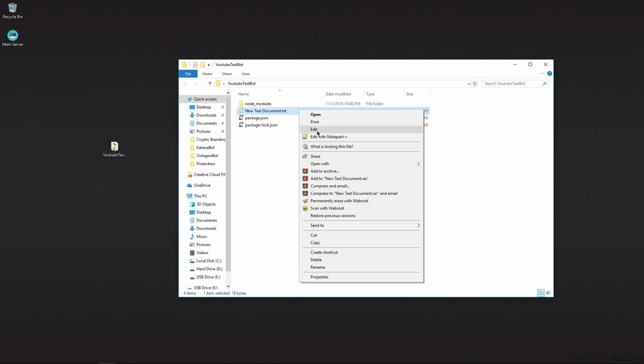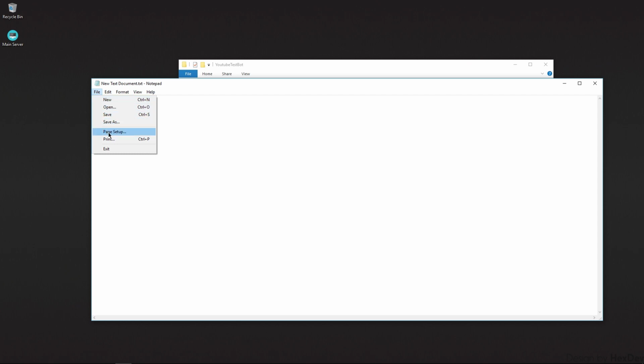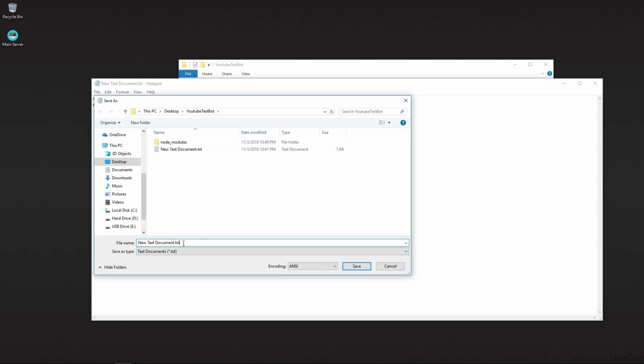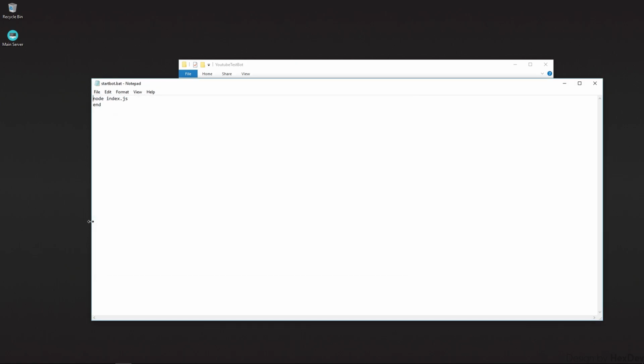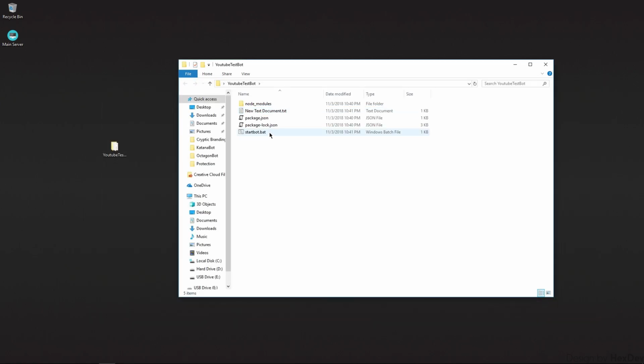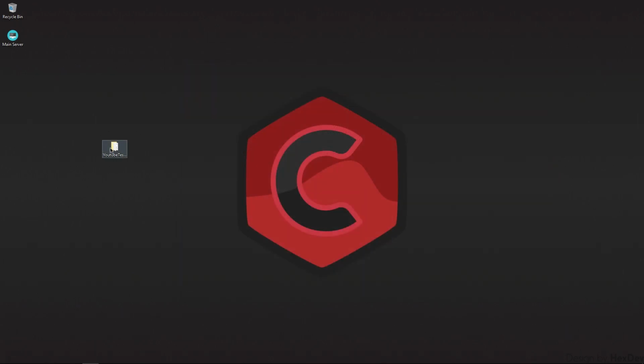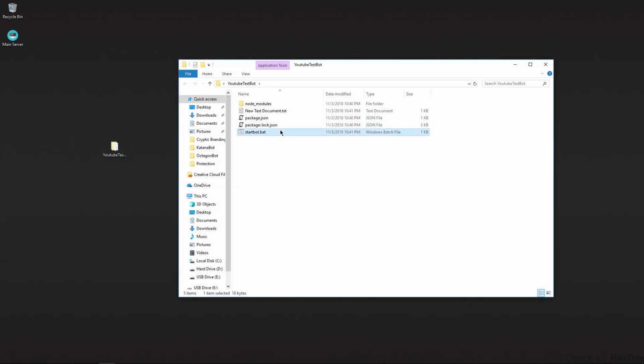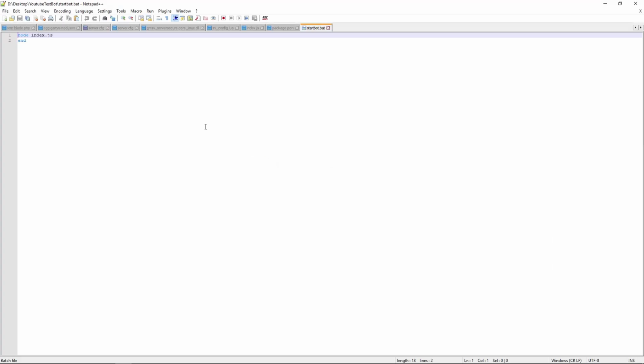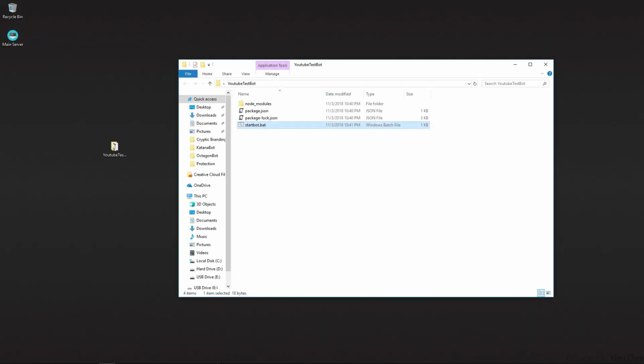Now, oh, sorry, you don't want to close that. Go to File, Save As, then you want to go to Start bot.bat. Alright, now every time you run this, it's going to start the bot. But since we don't have a file called index.js, so we're not,